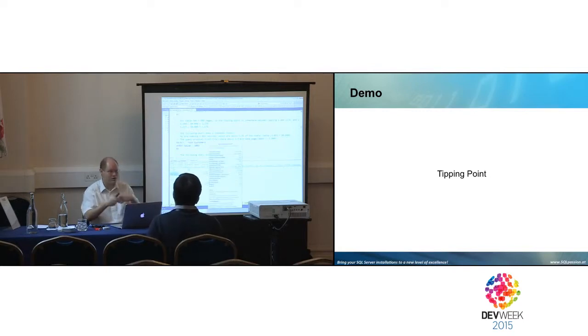Means for every record that we return, we have to perform that bookmark lookup, number of executions. We perform here a bookmark lookup into a clustered table, means for every record, SQL Server has to perform a